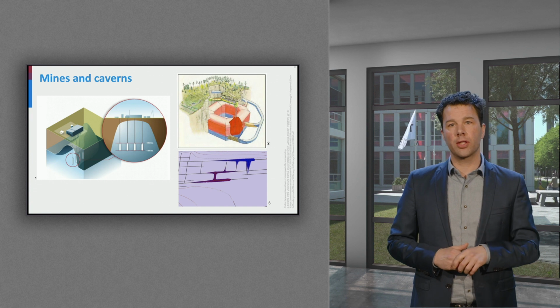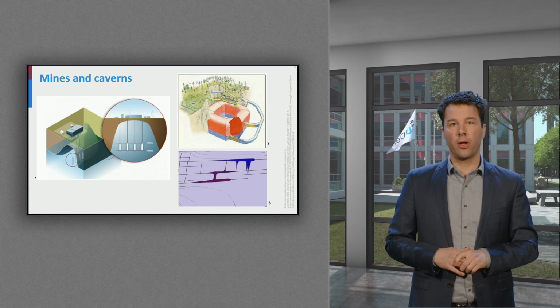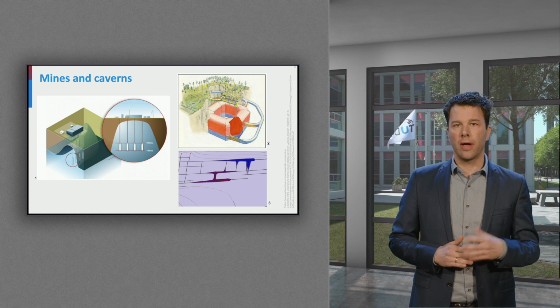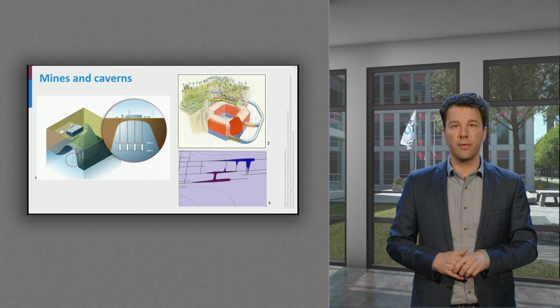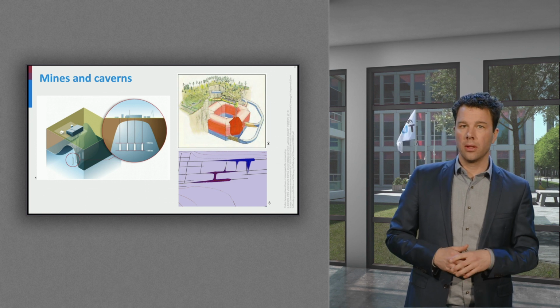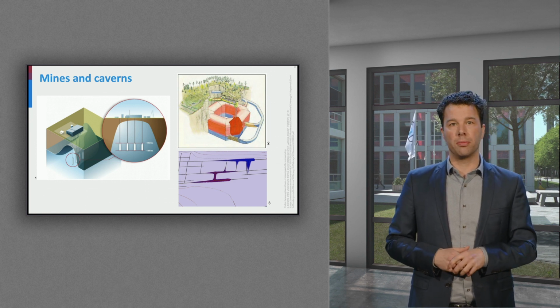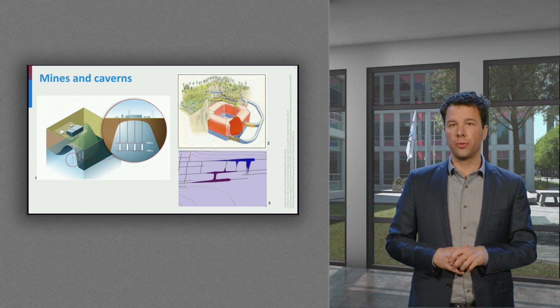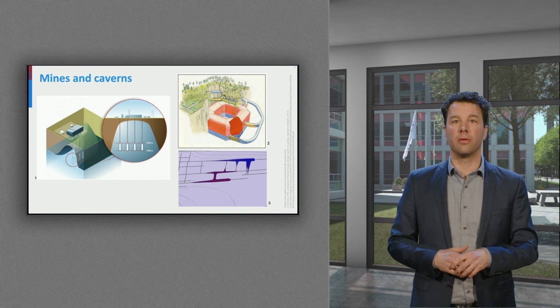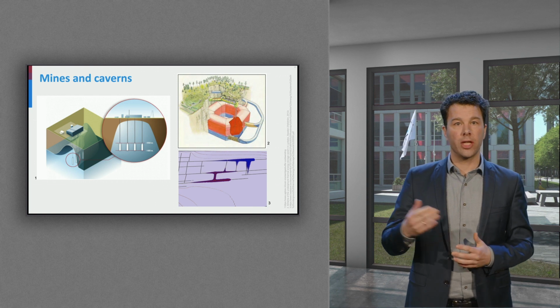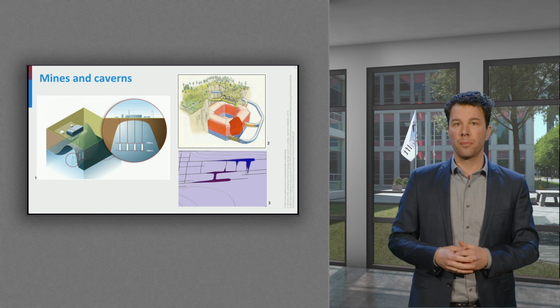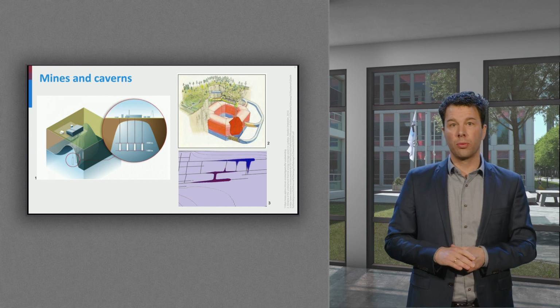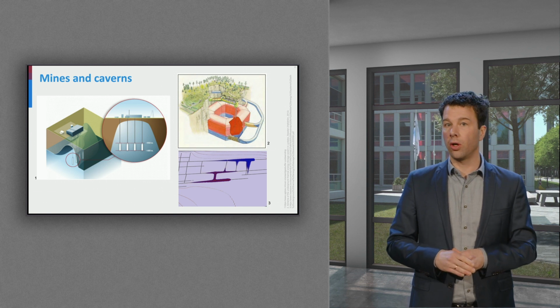I will now briefly discuss heat storage in abandoned and flooded mines and caverns. Their application potential is limited due to their limited presence in areas where we have need for heat storage. A key aspect related to storage in mines is the required seasonal storage volume in relation to the size of the mine galleries. Injecting a relatively small amount of heat in a much larger mine will be strongly diluted. Unlike the nice thermal stratification in tanks and pits, it's difficult to control the mixing in such systems, resulting in low extraction temperatures.